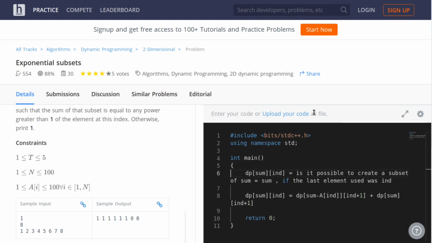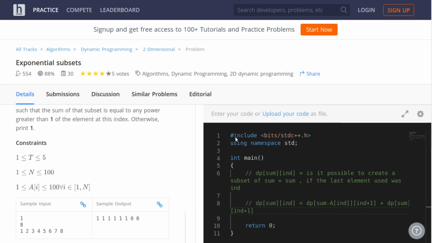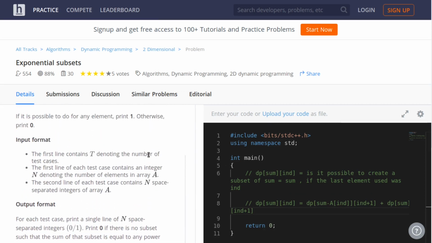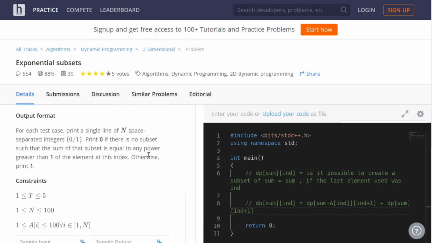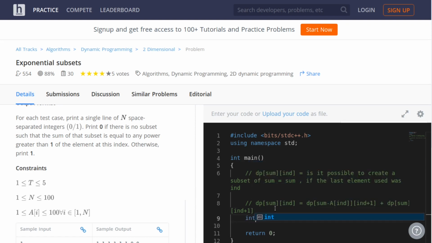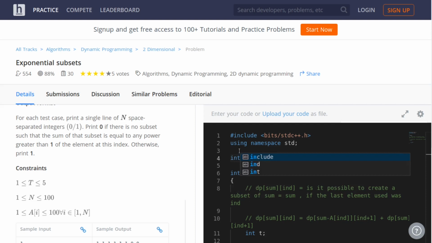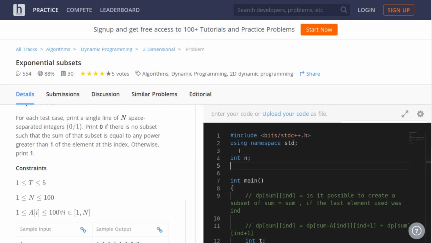Now I am going to tell you the solution approach. Let us comment this. What is the input format? Let us see: test cases, then n, then the array. So int d, and we can take n as global because otherwise we will be passing it again and again in our solve function. We also need the array as global, a vector of int, or let us just make it an array. Now we need to take this array as input as well as the number n.